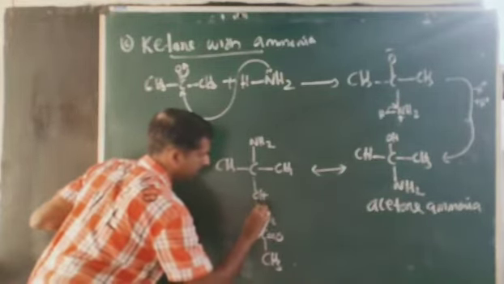First one, look at here. A, addition of hydroxylamine. So what do you mean by hydroxylamine? You can see that it is an ammonia derivative only. In NH2, one hydrogen atom is replaced by OH. This is known as hydroxylamine. Actually ammonia is NH3, and when one hydrogen atom is replaced by OH, this is known as hydroxylamine.